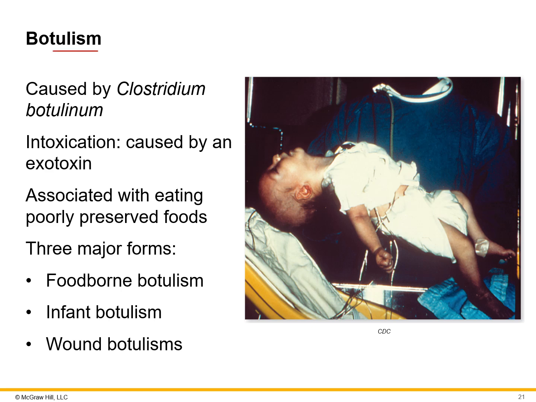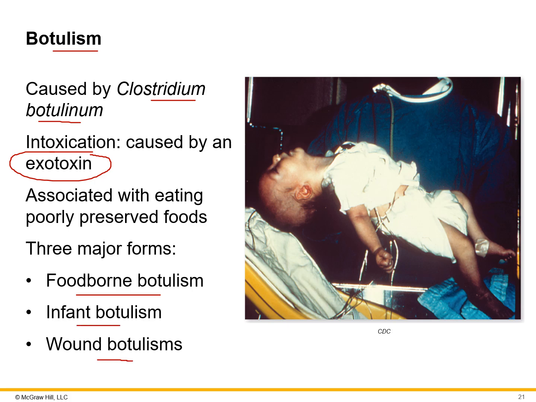Similarly, botulism caused by another Clostridium species, Clostridium botulinum, so another spore former. This intoxication here again produces an exotoxin. It's associated in 3 forms. So this is one we worry about with improperly canned food. So a foodborne botulism that doesn't completely remove these spores during the canning process can also be in infants and